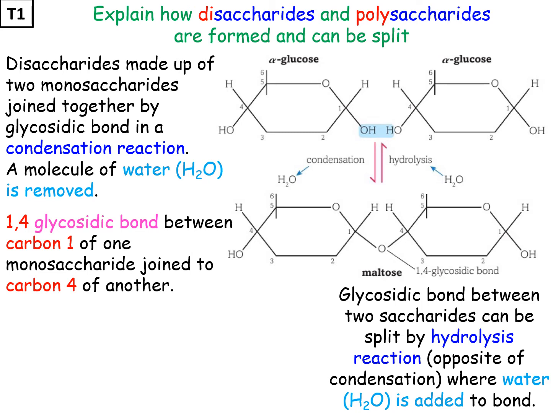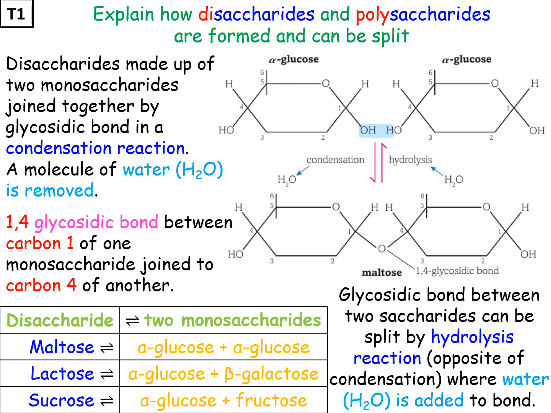And that's because you are splitting the 2 saccharides by breaking the glycosidic bond. So hydro means water, lysis means split. So using water, or adding water, to split the glycosidic bond, a disaccharide can be split to form 2 monosaccharides. And the same can be done with polysaccharides to form individual monosaccharides or smaller saccharide molecules. Examples of this